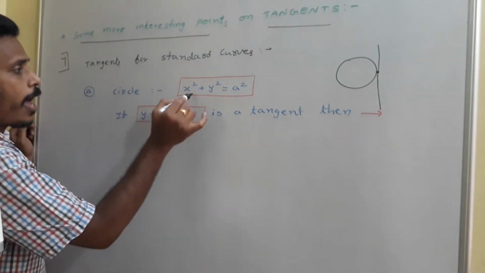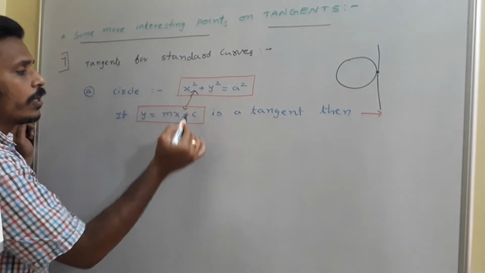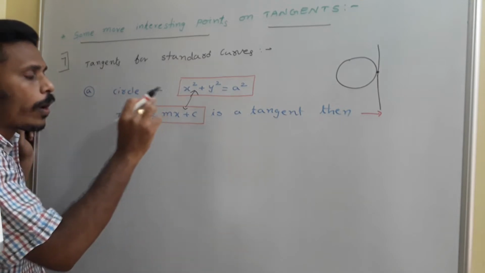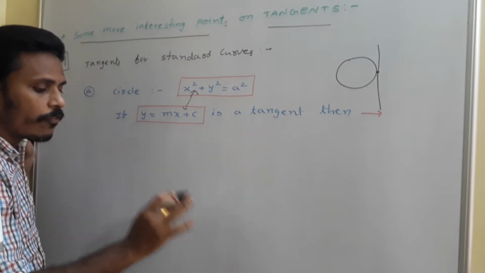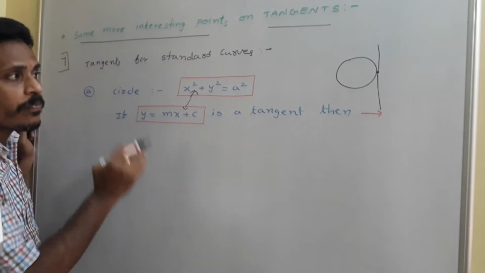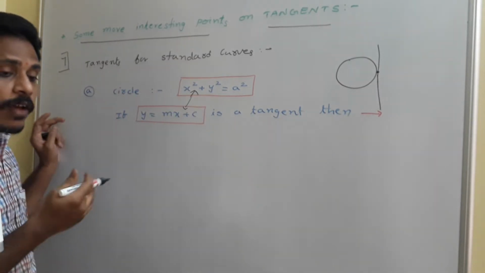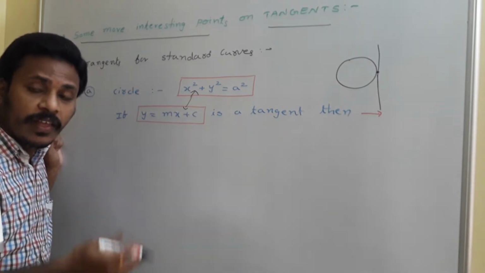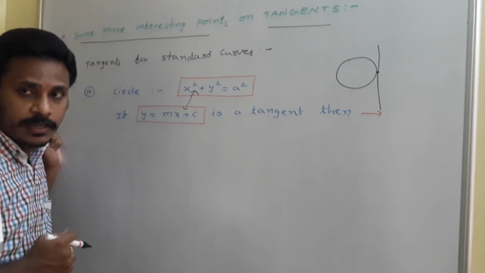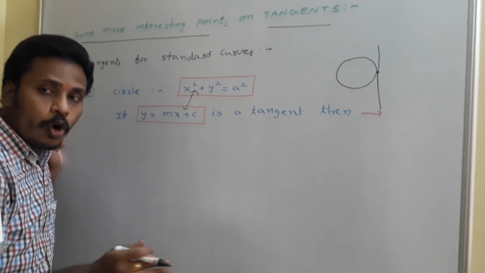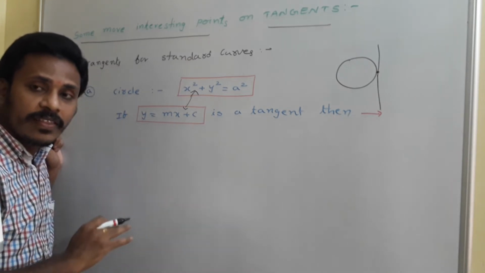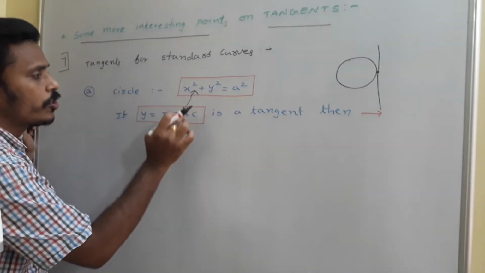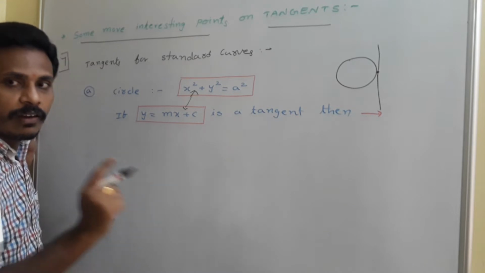So my idea is to solve this line and that curve, and while solving, I need to get only one value for x and one value for y, because there is only one common point. If I get two values for x, then the line won't act like a tangent, it acts like a secant. If I get no common point, no value for x, then the line is neither a tangent nor a secant. But since it is a tangent, while solving these two, for sure you have to get only one value for x.